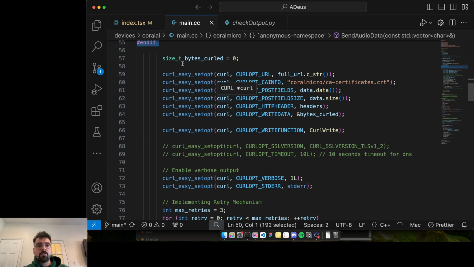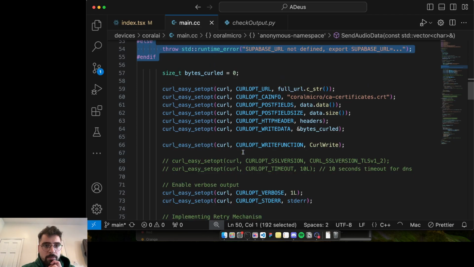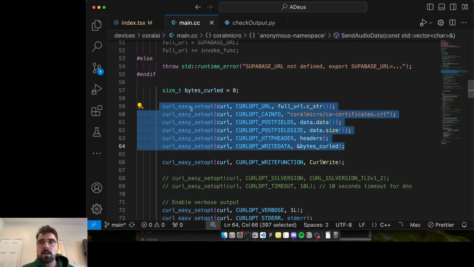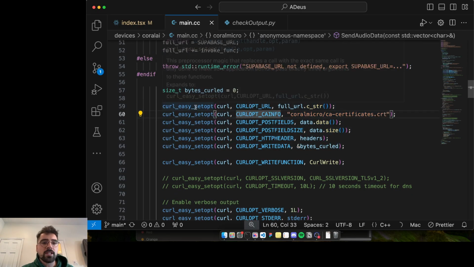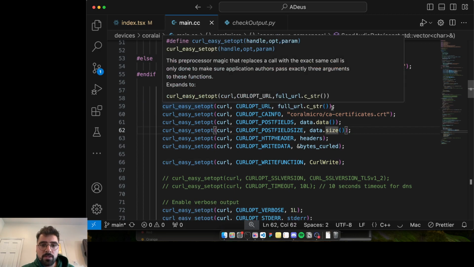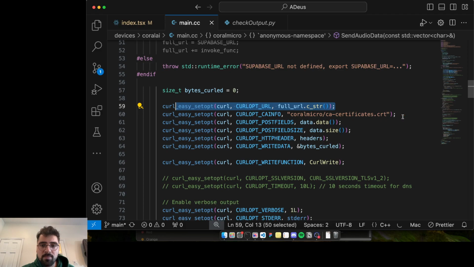I was just going to finish the curl explanation, and then we will dive into the questions. So all of this is just an easy way to set up a curl request, an HTTP request. So this is the URL, the certificate. I think it is a self-signed certificate, which doesn't mean much, but it is part of the curl micro